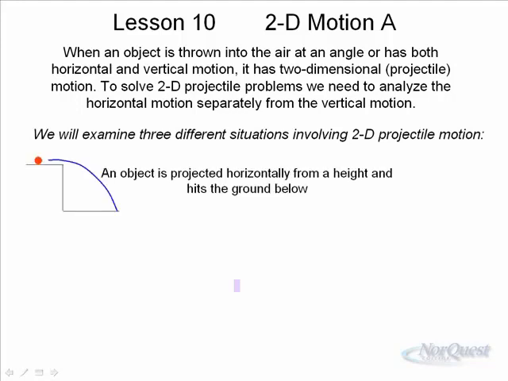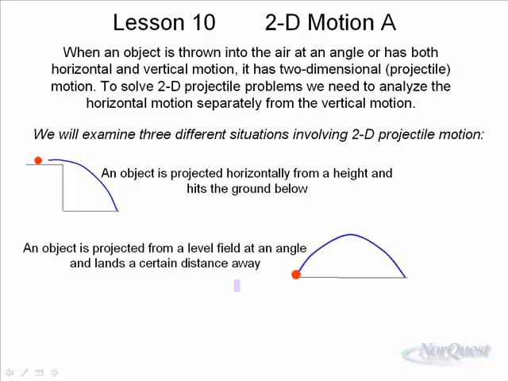The first one is when an object is rolled off a table or shot horizontally from the top of a cliff, or the old Wile E. Coyote running off the edge of a cliff. He doesn't actually go straight out and then straight down. He actually goes through a parabola. All right, cartoon physics are a little different. Anyways, that's one scenario. Another one is if you were kicking a soccer ball or hitting a golf ball or